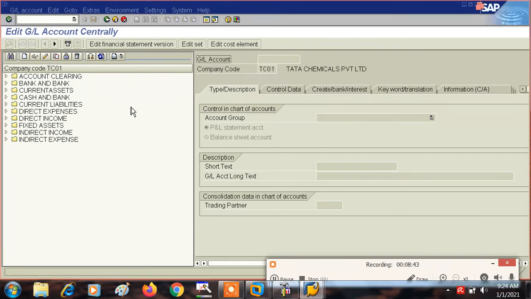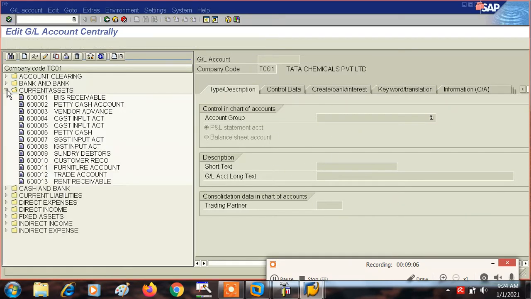See, this is edit GL account centrally. That means at this level we can create general ledger accounts at both the levels, right? That means at chart of account level also and at company code level also, right? But let me show you first this type and description, only this level.